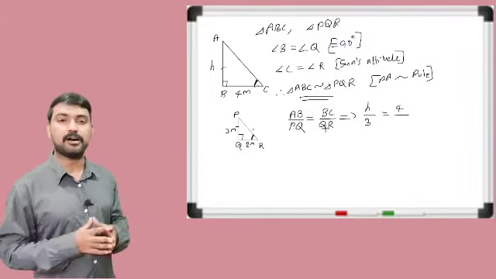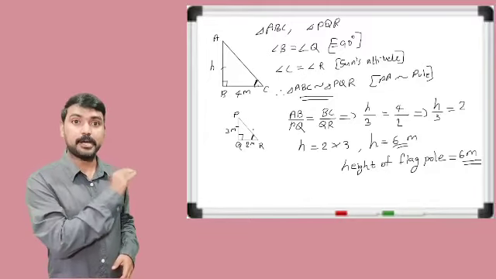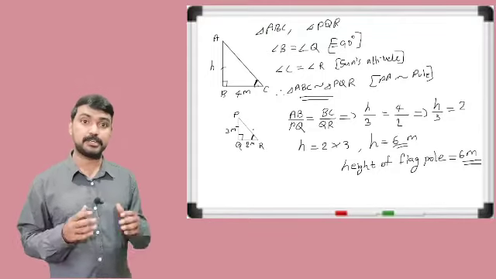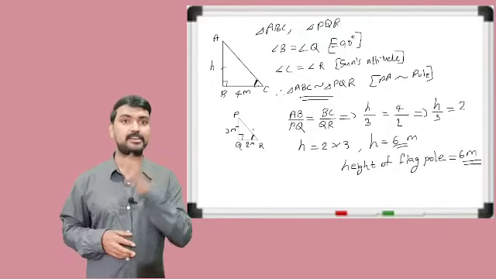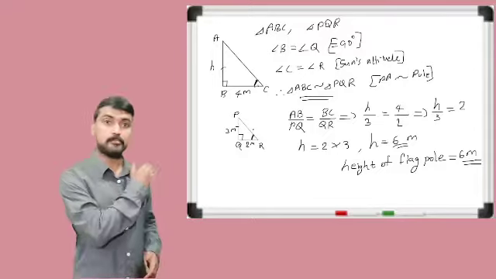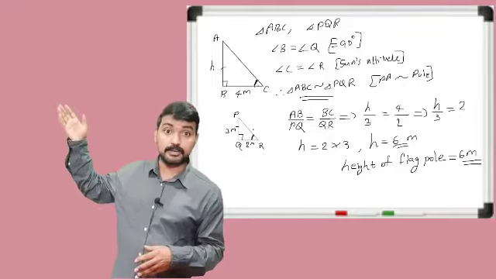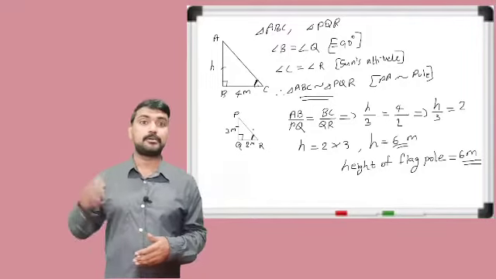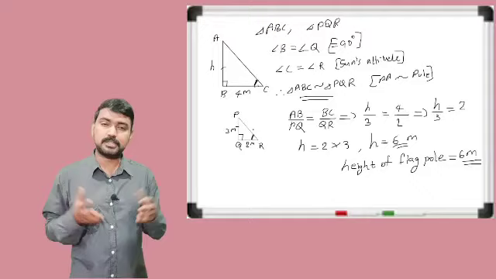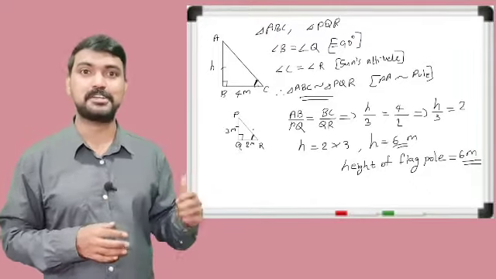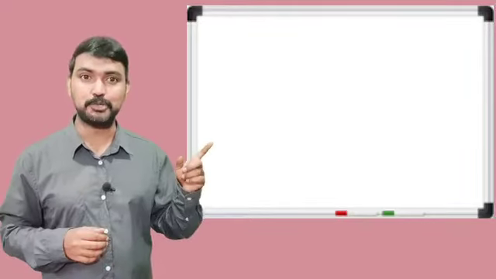So my dear students, now I think you understood how to find this value. In such cases we can apply our similarity criteria. It is also applicable in different situations. So now we can take another example. After the completion of this question, if anybody asks you, can you find the height of that tower? There is a telephone tower there. Can you find out its height? Yes, it is very easy because we can consider the next question which is related to this situation. We can go to the next question.